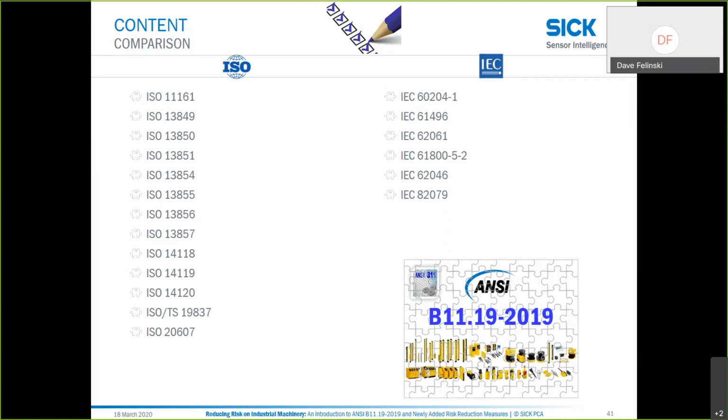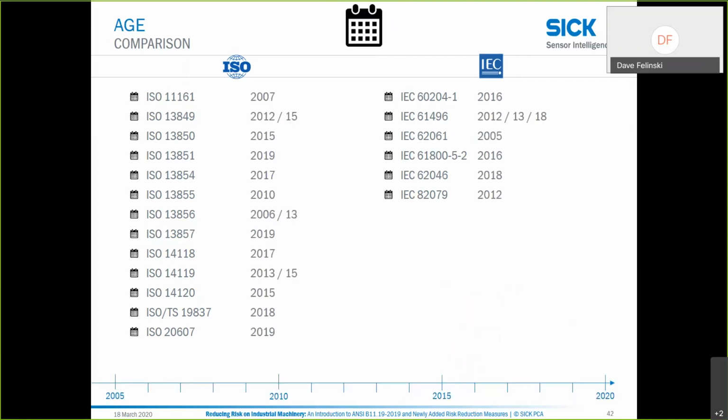So the contrast here is that these are all individual pieces of a puzzle, if you will. And within the ANSI B11.19 standard, we put all of those pieces into the whole puzzle. So you get the entire thing pretty much covered in one standard. The next slide shows a similar comparison using the same portfolio of documents, looking at the age of the documents,